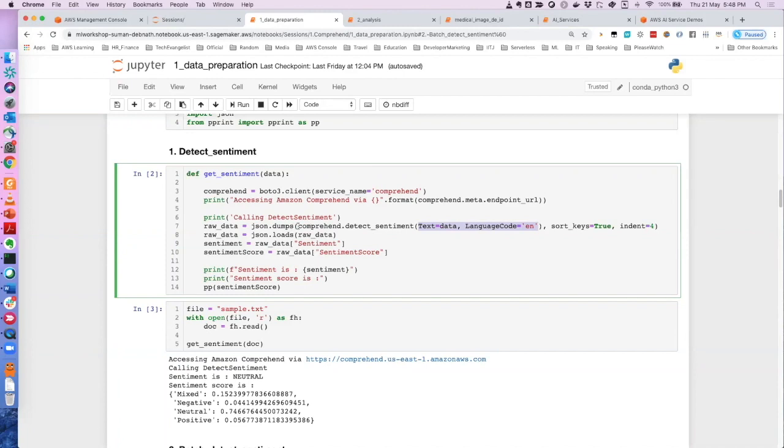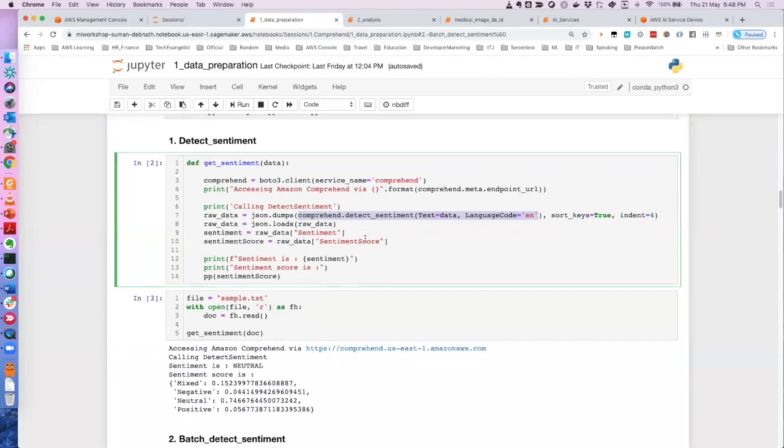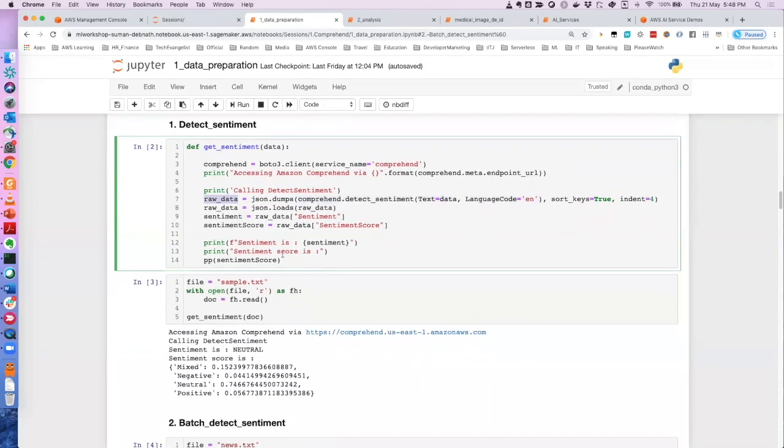Once this API call is triggered, it goes to the AWS Comprehend service, calls detect sentiment, and gives you a response in the form of JSON, which I'm storing in raw data. After that, this is just a JSON, and I'm doing some filtering of a few of the data in the next couple of lines of code, nothing fancy, and then ultimately I will show the sentiment.